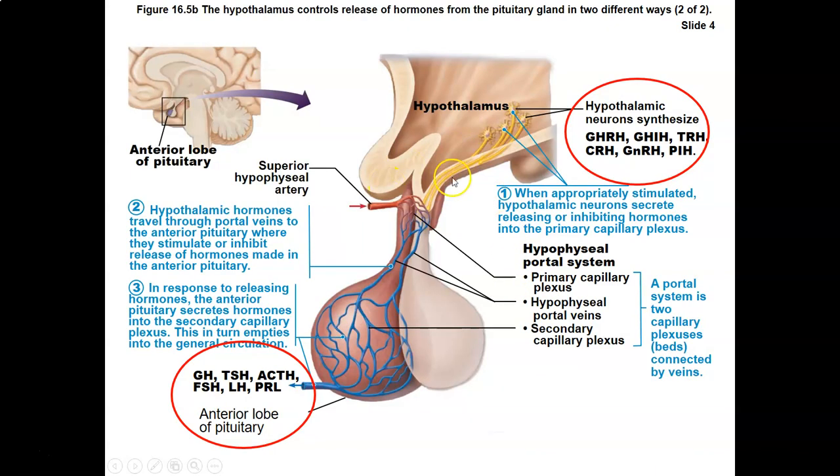by the hypothalamus. So here's the diagram we saw that showed that nuclei, clusters of neurons in the hypothalamus, release neurotransmitter into blood vessels that travel to the anterior pituitary by the hypophyseal portal system, some specialized blood vessels. And then those hormones, once they arrive, trigger the release of these hormones from the anterior pituitary